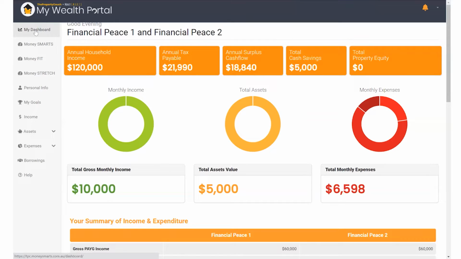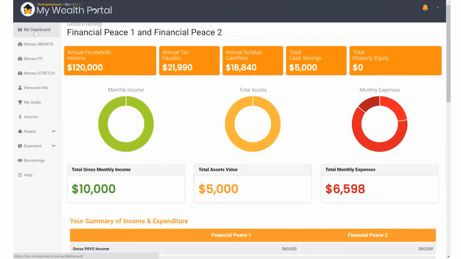Really excited to be showcasing this tutorial around MoneySTRETCH. So many people have come up to us over the journey and all of the advisory work that we do. And there's one big observation that I've had around that story, and that is people don't necessarily know how long their money will last them if something was to happen to their income. And that is a critical thing. Like ultimately, if there is a change in income, it's really important to know just how long your money will